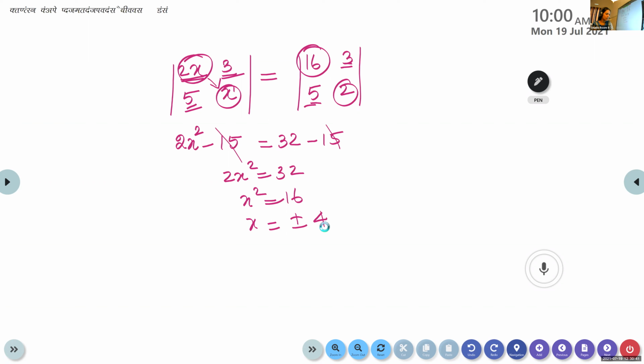Therefore, what is the final answer, children? What is the value of x? Aditya? 4. Okay. x is equal to minus 4 is not possible. That one you should mention. If it is a 1 mark MCQ question, there is no need to write this many steps. Suppose this chapter is included in MCQ, no need to write so elaborately. You do it with minimum steps. So here x is equal to 4.